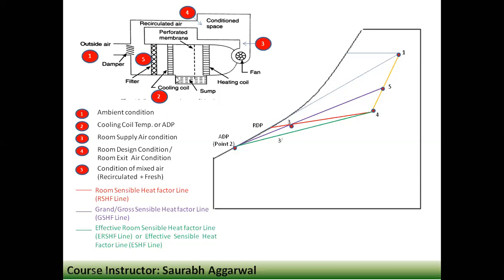That means suppose the recirculated mixed air is over here, then which air is hitting our cooling coil, which has to be cooled. Here it is mixed air, and mixed air has to be cooled by the cooling coil. So the grand sensible heat line will be drawn with the cooling coil and the mixed air. But if this recirculated air were to meet here, I will show you with the help of a line.